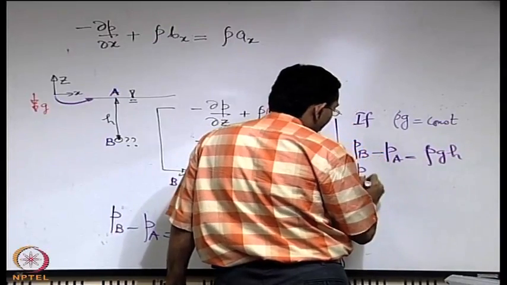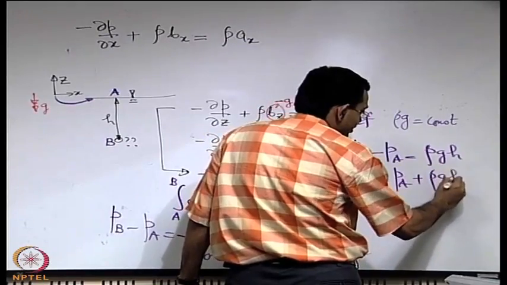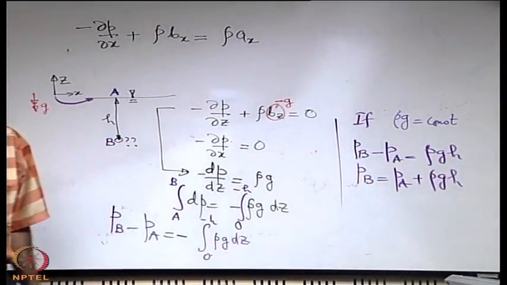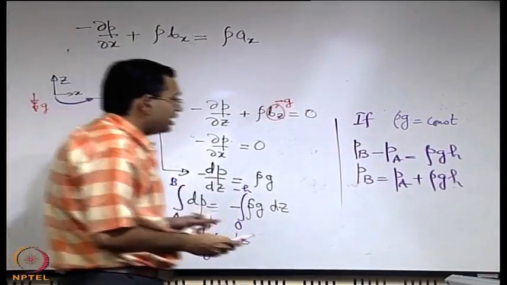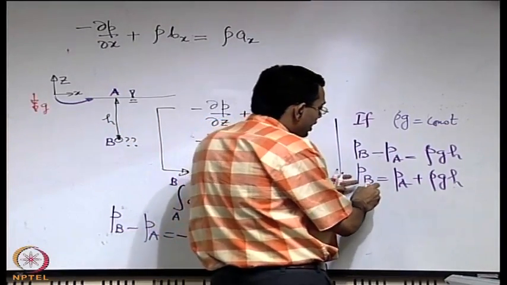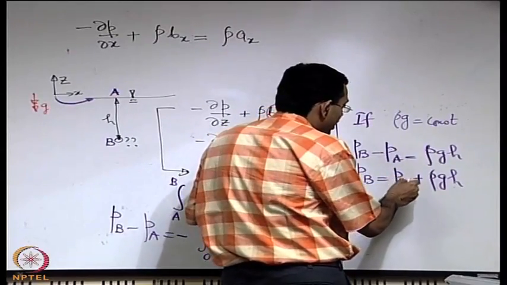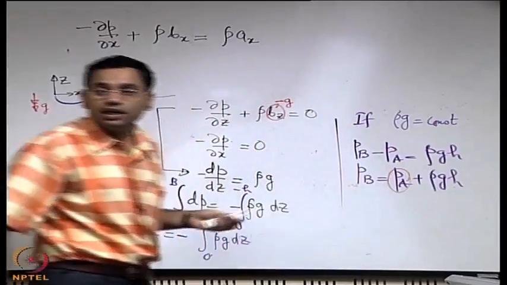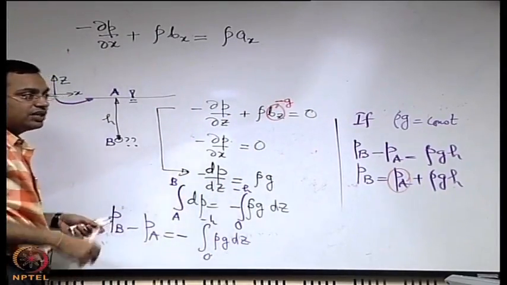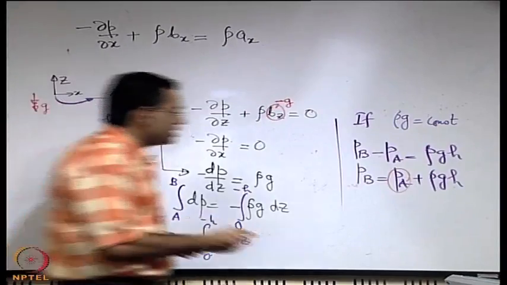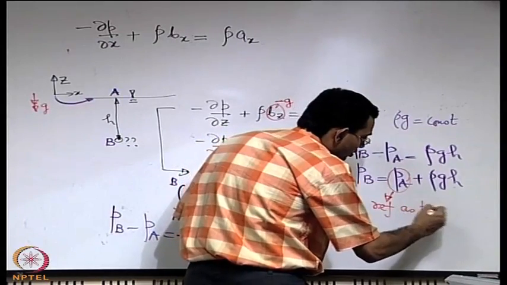That means Pb is equal to Pa plus rho gh, which is your very well known expression. Now the important thing is that we are not expressing the pressure at B just in an absolute sense, we are expressing it relative to the pressure at A. Many times this pressure at A, say this is atmosphere, may be taken as a reference. So if this is taken as a reference as P equal to 0 as an example,